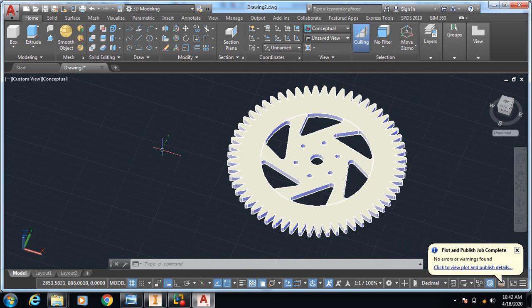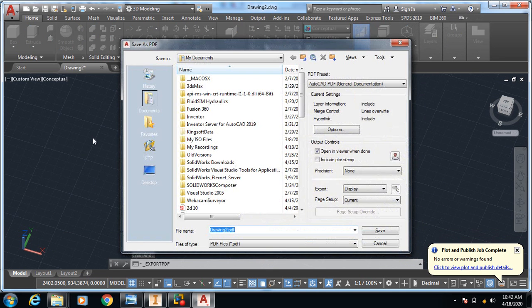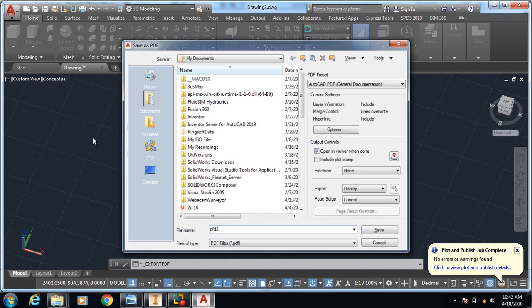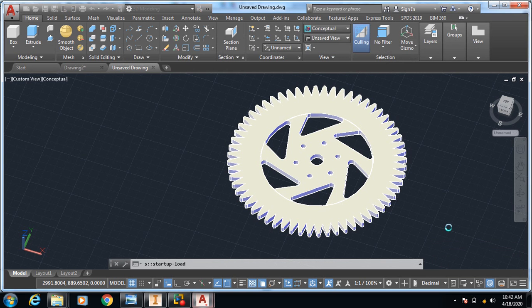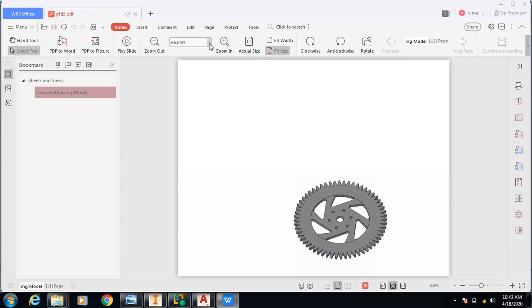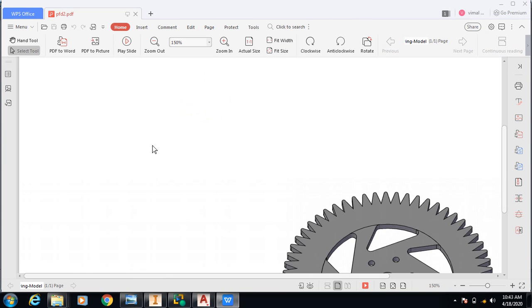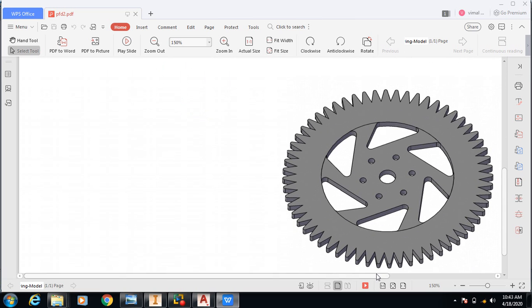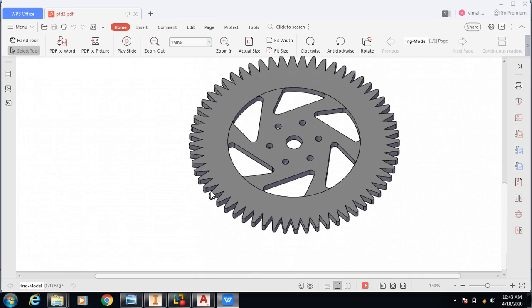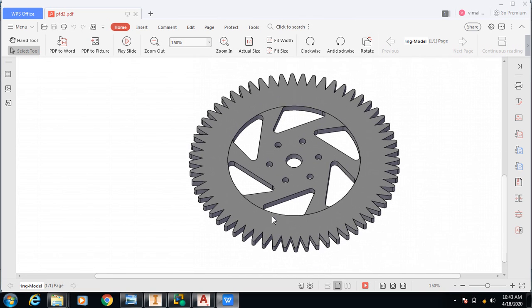Okay, just one minute. Export to PDF, say yes. Yes, we have generated it. So friends, just zoom up to 150 here. See, this is what we have designed. This is looking fantastic, I think.